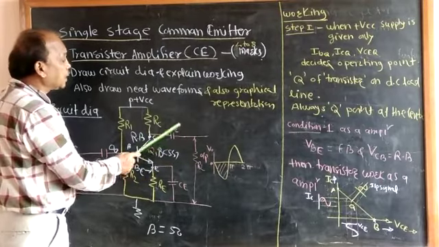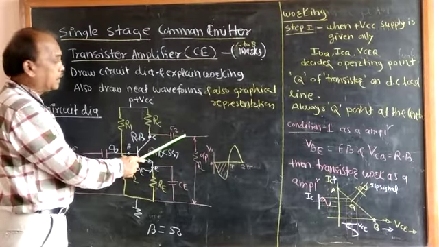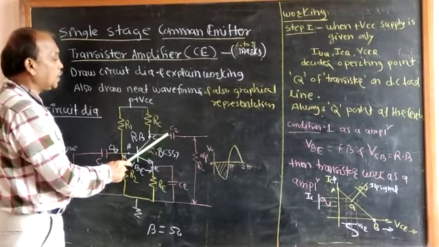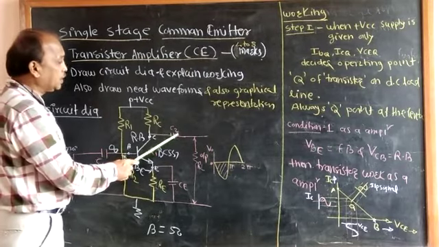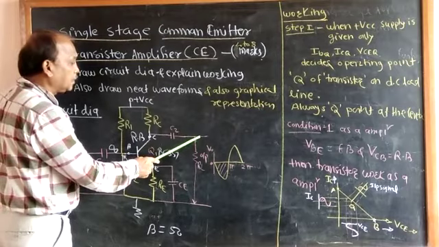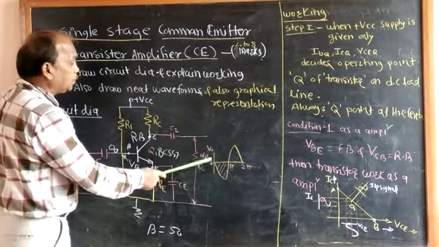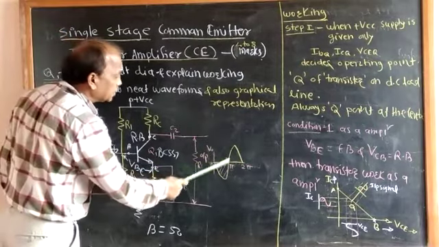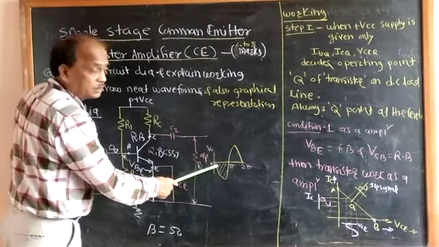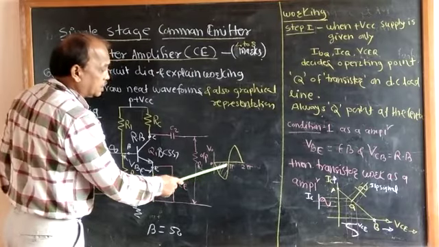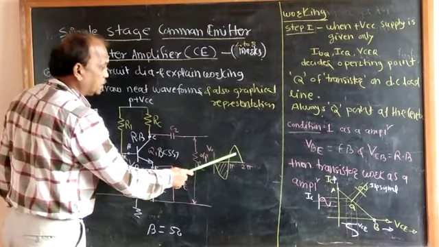Now we have to connect this amplified signal to the output terminal. Again we are using one bypass capacitor C2. Again the function of this bypass capacitor C2 is to block the DC signal and only allow the pure sine wave signal to pass. Now your pure sine wave signal is in this way. Okay. This is the positive half cycle input signal, this is the negative half cycle output signal.